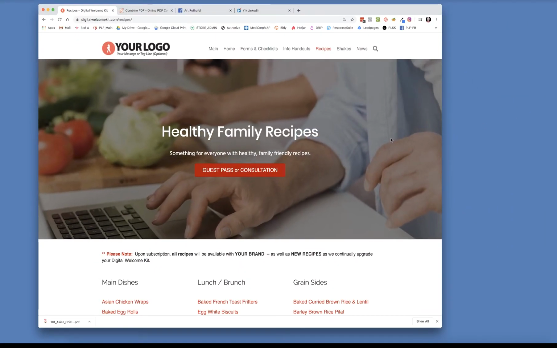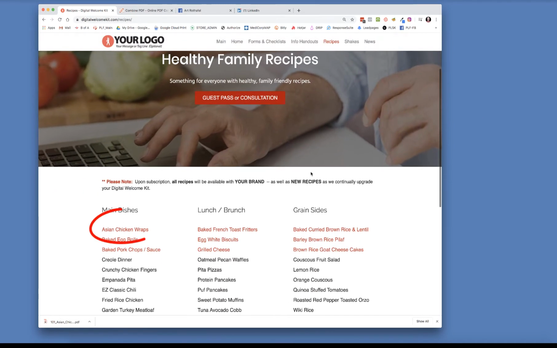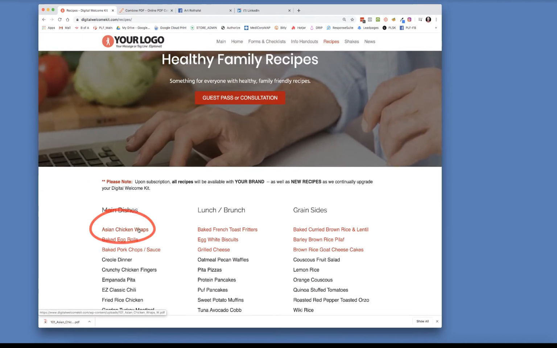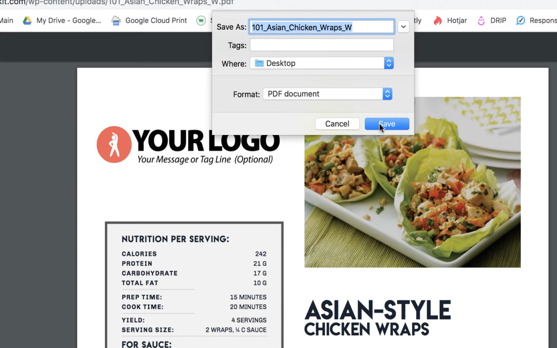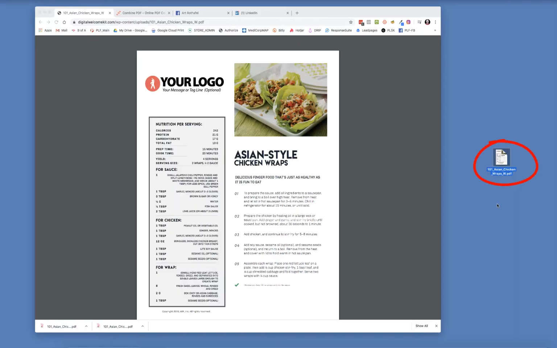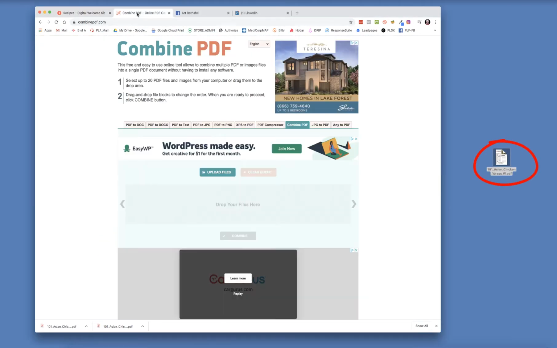And for this example, we're going to use the Asian chicken wraps. Now, I'm simply going to download this PDF file to my desktop. Now that I have the PDF on my desktop, I'm going to roll back to the website and bring up